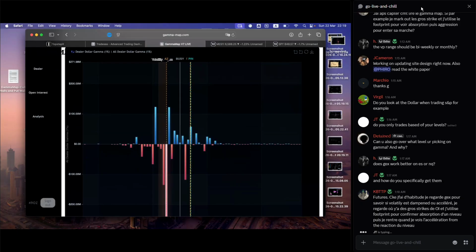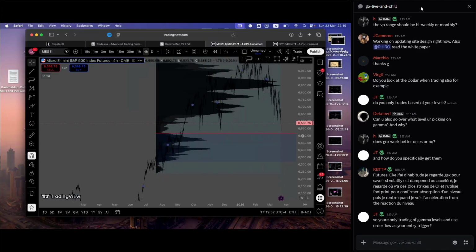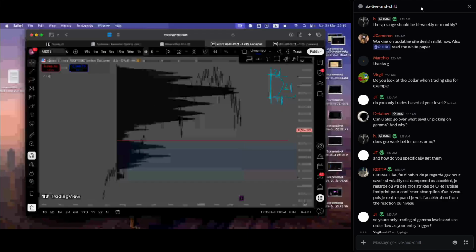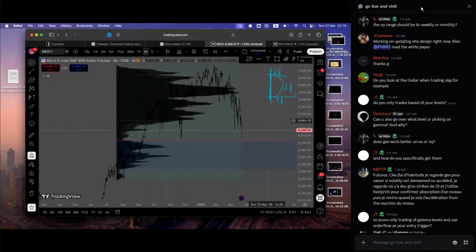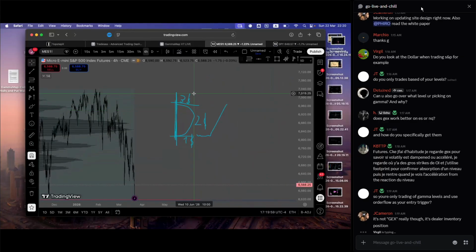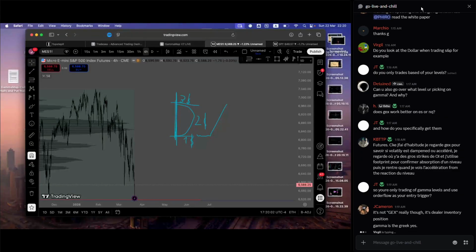And how do you specifically get them? I showed y'all how I get them. You just read the profile, whether it's a composite or daily, and you just take the extremes. You identify where buyers and sellers deemed price as fair. You take the extremes here and here, and that's it. And use order flow as your entry ticket. I trade my own levels, which are these, and I use gamma for direction. Sometimes, and most times, they align. Yeah, exactly, it's dealer inventory.